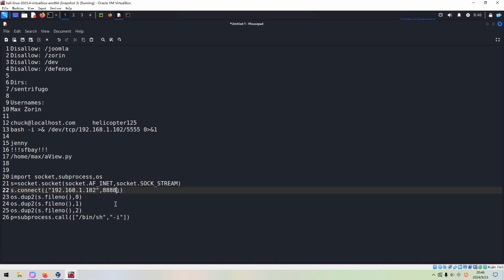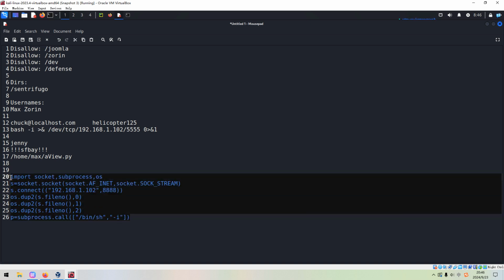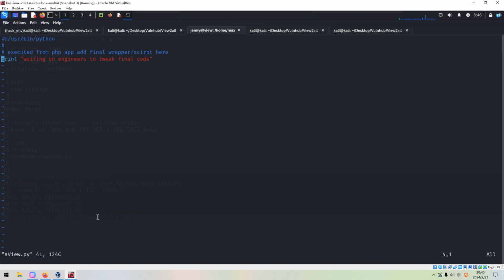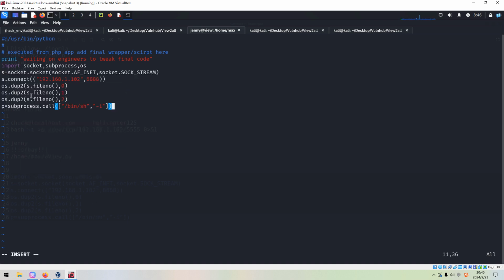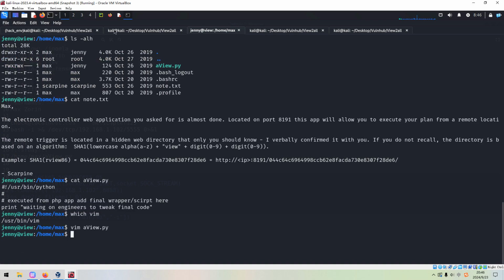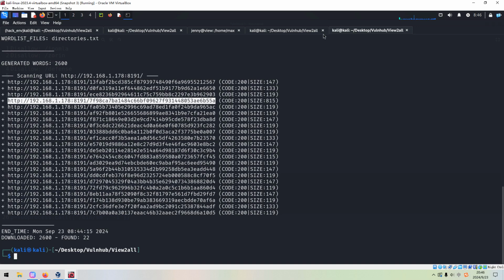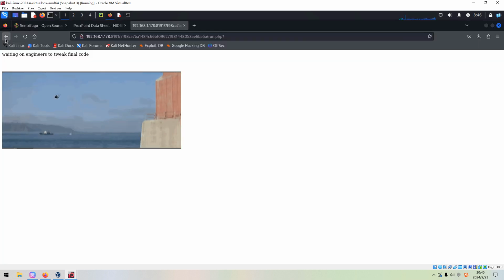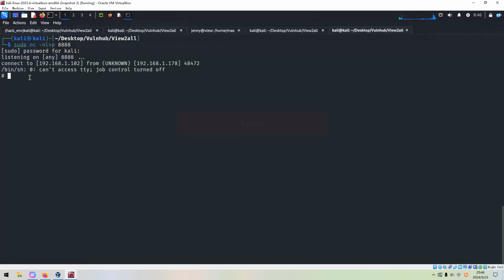Okay, so now we can copy this code, and then the Vim editor is there, and we put it at its end. Okay, write and quit. Now we can set up a listener on the Kali Linux, and then if we go back and execute, as you can see over here, we have already got another shell.